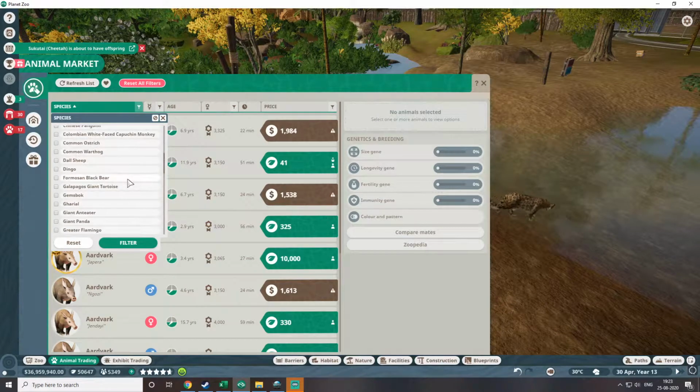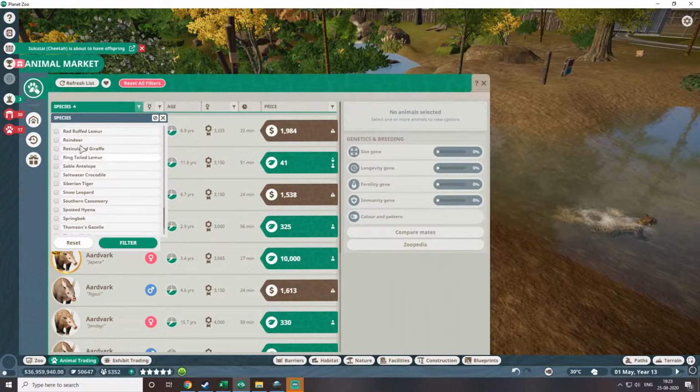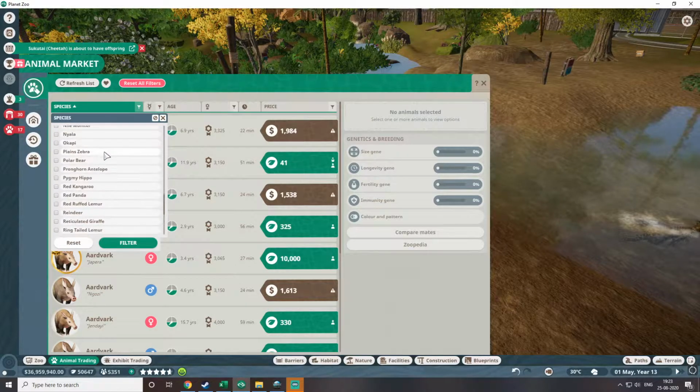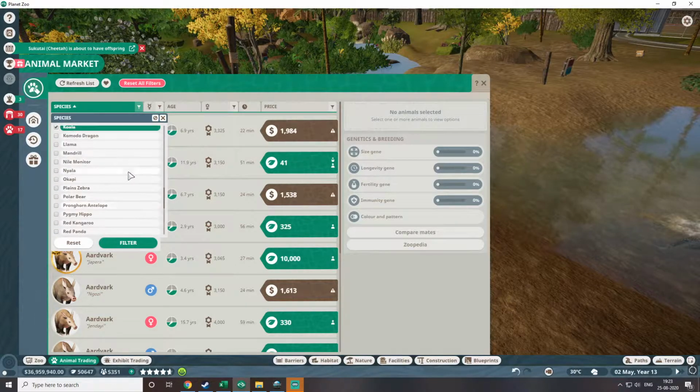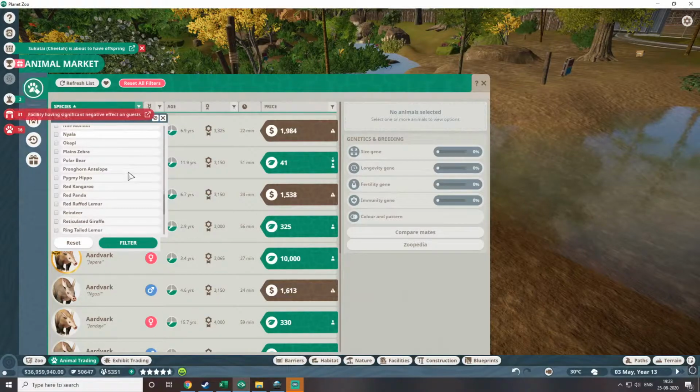Wait, what is the name of the kangaroo? Red kangaroo, right? Red kangaroo. I have all the DLCs and deluxe edition and everything for the game. This game is not very expensive. It gives you a lot of things for what you pay for, but